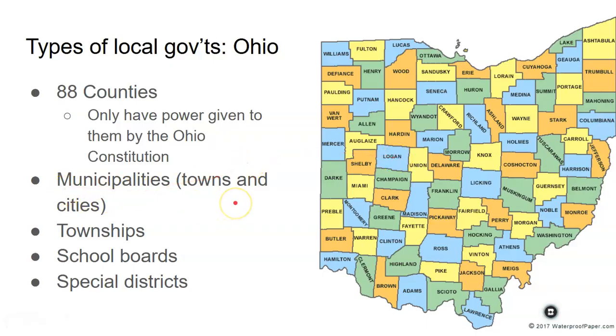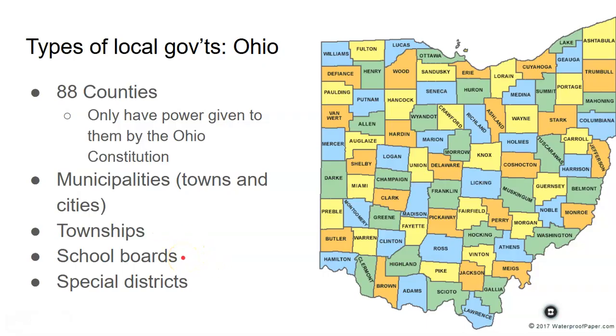Municipalities, your towns and cities, they all have local governments. However, if you don't live in a town, like I specifically live out in the country, my local form of government is actually a township. So each of the 88 counties is then broken down into smaller little chunks called townships, okay? So my township is the one that sets terms for what you can build on your property and what you can't, like how big of a barn you have, what kind of water you drink, who takes up your trash. These kinds of things are decided by towns and townships, and they're all governed by elected officials, okay?